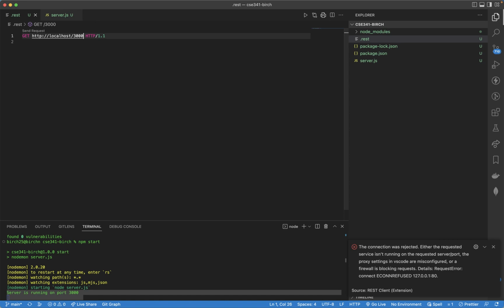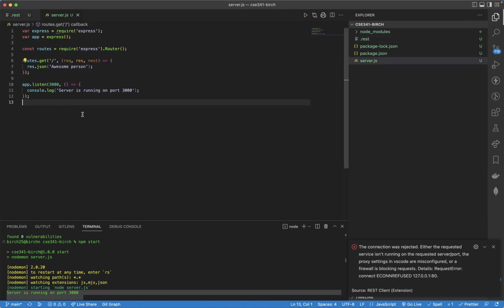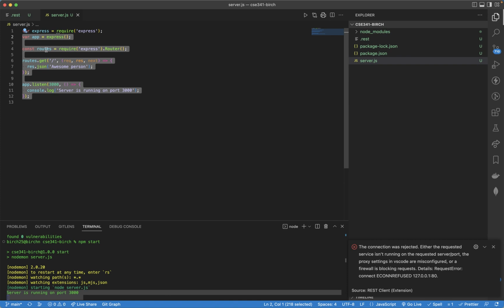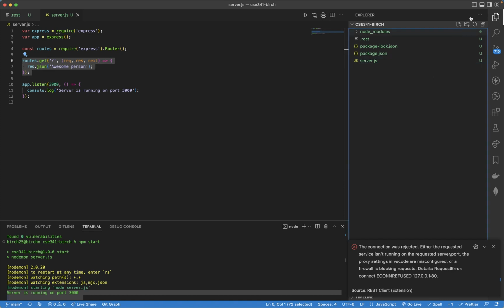So the first thing that I want to change is in my server.js file. I could technically put my entire application in here, but these routes are going to get really, really big. So I actually want to move this somewhere else. So I am going to make a routes folder. And inside of that folder, I'll go ahead and make an